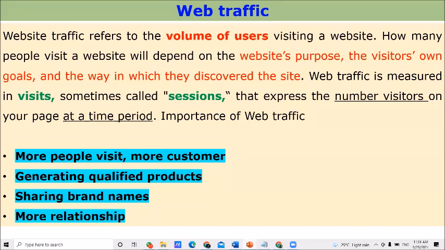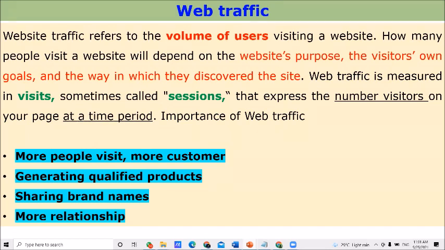Right. Web traffic is important because at the bottom they are giving 4 factors. More people visit means more customers. Normally, when we are searching, many websites are available on the internet. Normally, we are only visiting.